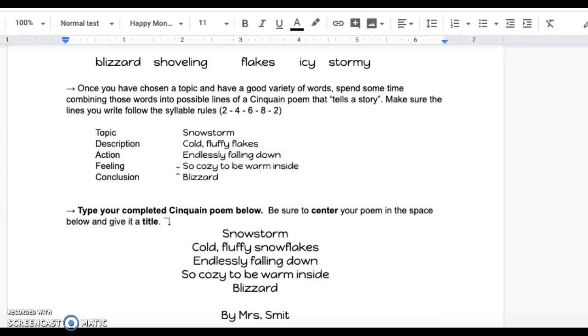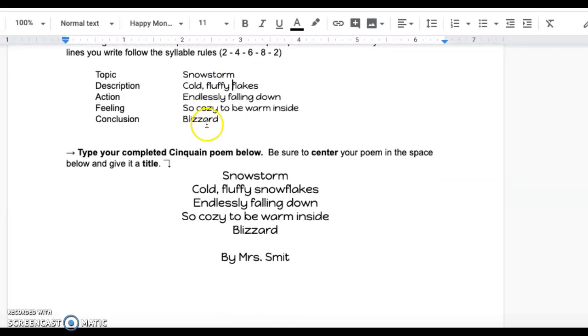And I counted as I said that, and it is 8. And I ended with blizzard. I'm back down to 2. It's kind of my conclusion. Maybe all of these snowflakes conclude in a blizzard, or I could say that this blizzard relates back to my topic at the top.